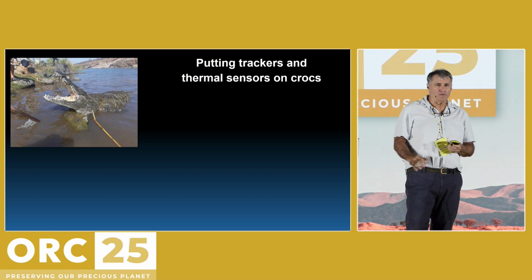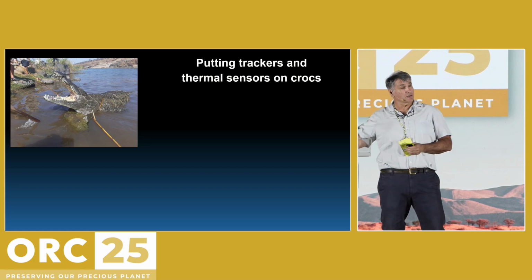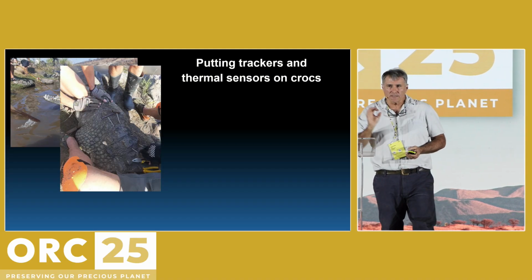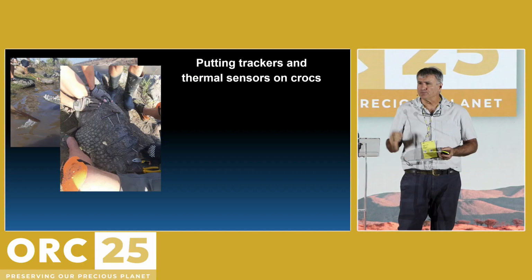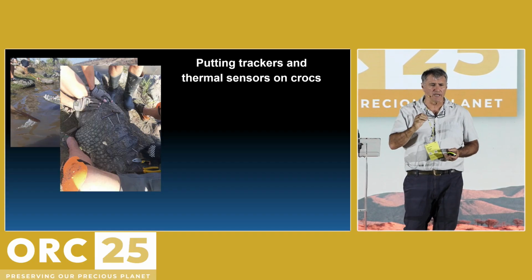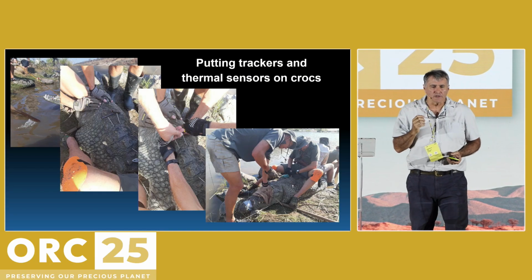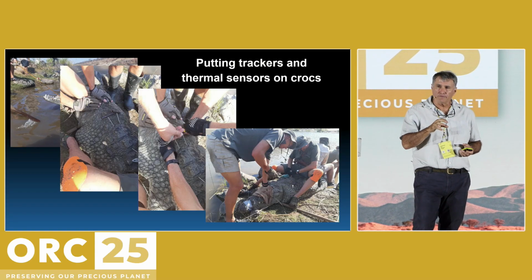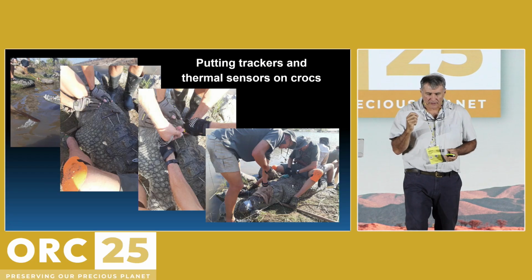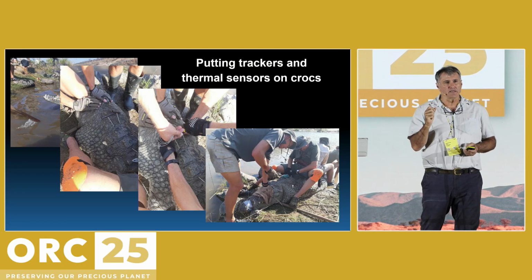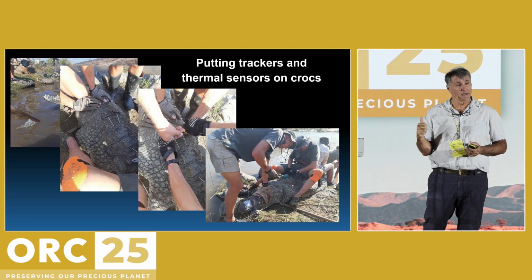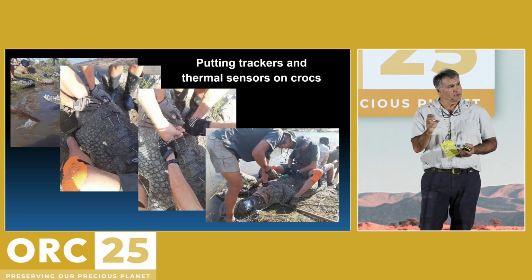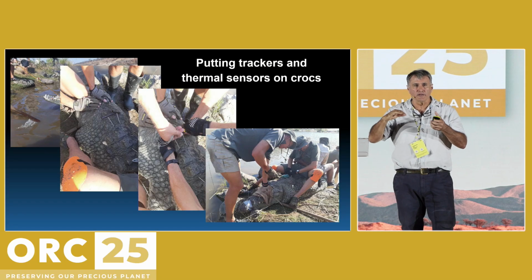And so how do you do this? Well, the first thing that you must do is ask the crocodile to just get out of the river. Then it must lie still, and we would anesthetize the nuchal scute that's on the back of the neck, and we would mount a tracking device. You can see it as a little green thing. We would mount that onto the back of the neck of the crocodile. That tracking device has a GPS position indicator. It logged temperature, and it also had an accelerometer in it,